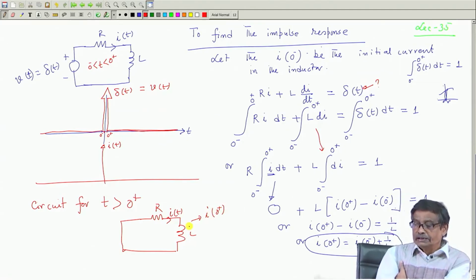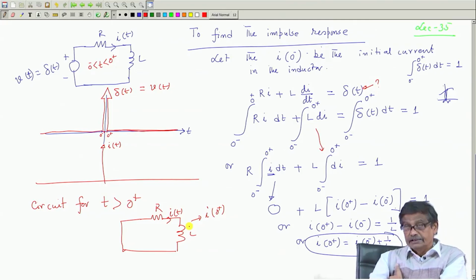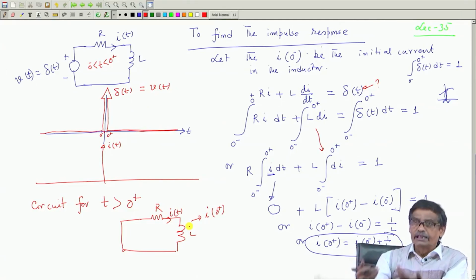So, to obtain the current I t for all time t greater than 0, I say that if the initial current was I 0 minus, then in that interval 0 minus to 0 plus, the current will have a step jump. What will be the value of the current? Impulse does this one, changes I 0 minus to I 0 plus, that is what impulse does, and after that the impulse is not there in the circuit,